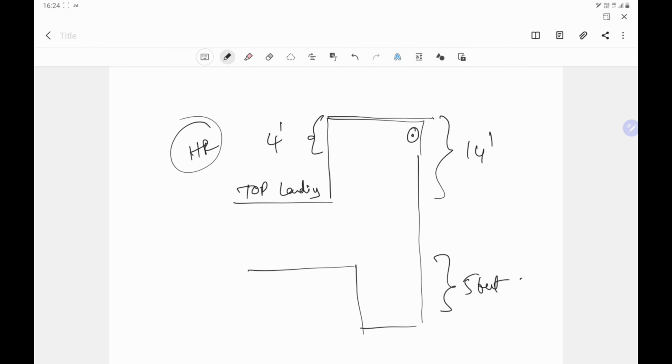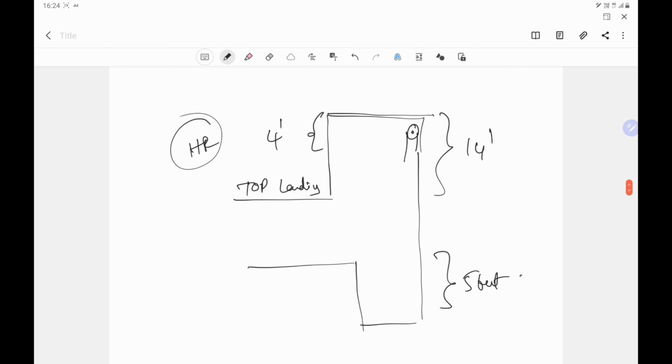So if we keep the machine within the headroom area, then it is called a machine room less elevator.